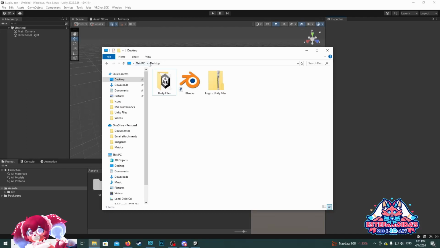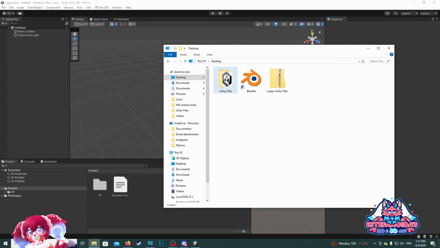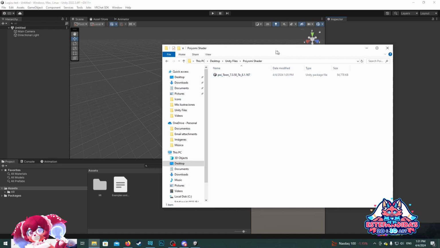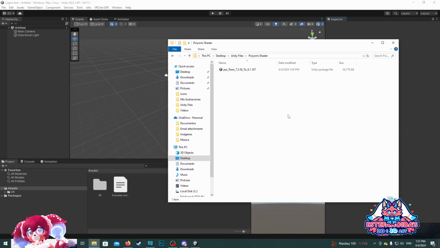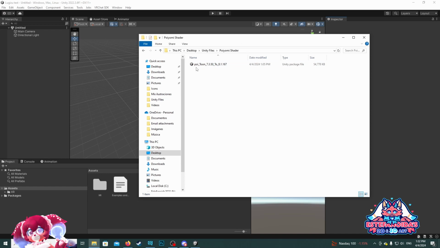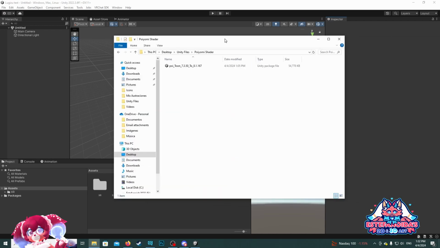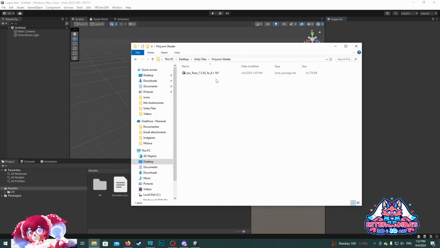So we left it on the desktop. Here's our Unity files folder, and typically with my avatar, you're gonna find the Unity package, and then the shader that I used on said avatar. So what we're gonna do in this case is go ahead and import the shader first, since the avatar might look a bit weird without this. While Unity is open, we're gonna double click on the shader